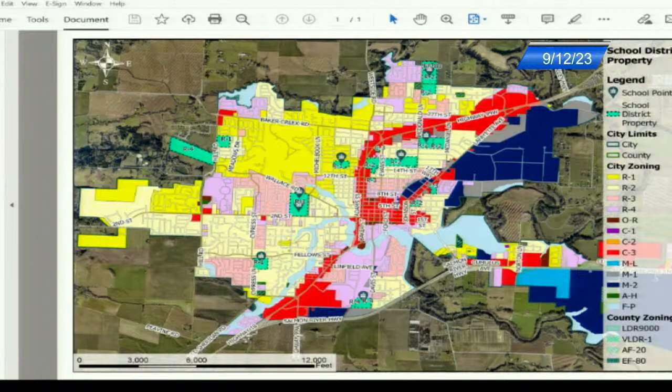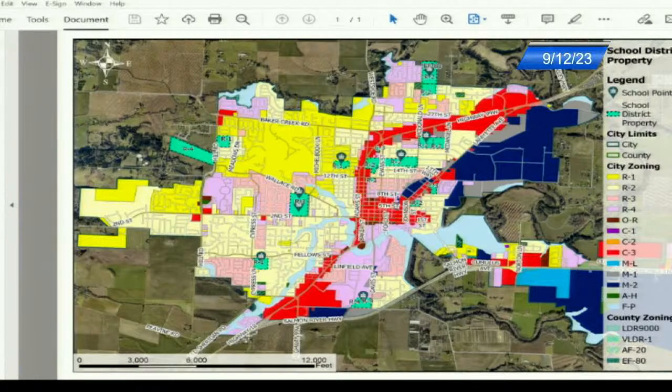And so if you look at the majority of those properties, they are completely surrounded by residential and far beyond 1,500 feet, 3,000 feet, 6,000 feet, or more until there's a zone where something would be allowed.